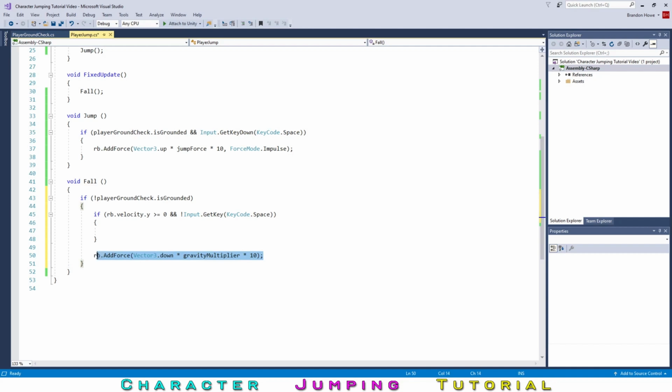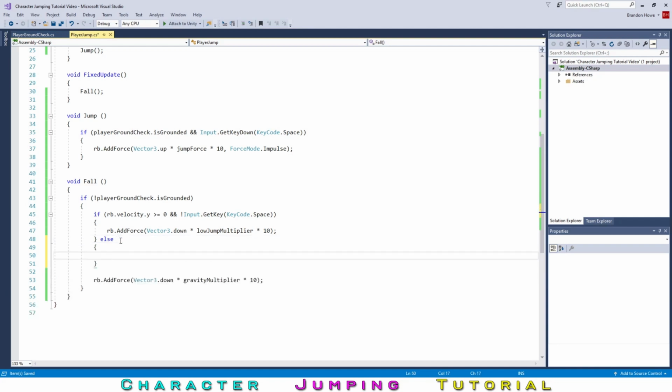And we can do that by copying our gravity multiplier code here. A lot of copy and pasting, but we're changing stuff, so it's not necessarily repeating code, just copying certain parts, not to retype things out. So then we can apply this force in Vector3.down using our low jump multiplier, and then we have that. Otherwise,